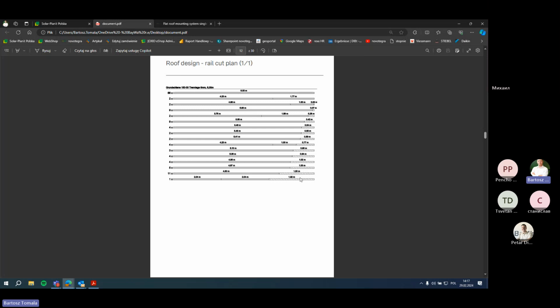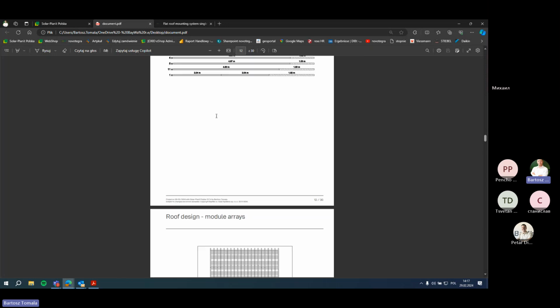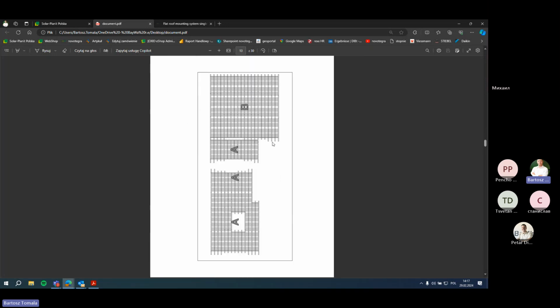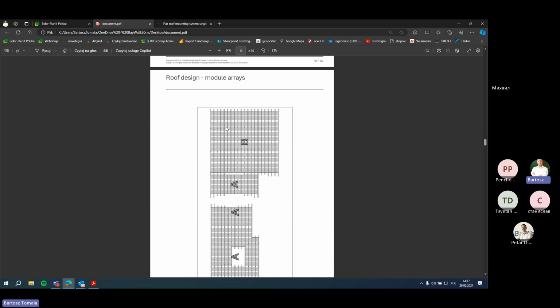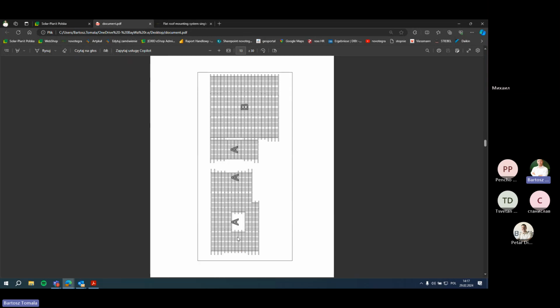So here we have the spare parts. Here we have the parts which we will be using to make this construction. And here we have the module arrays roof design. What do these A and B letters mean? I changed the row dimension